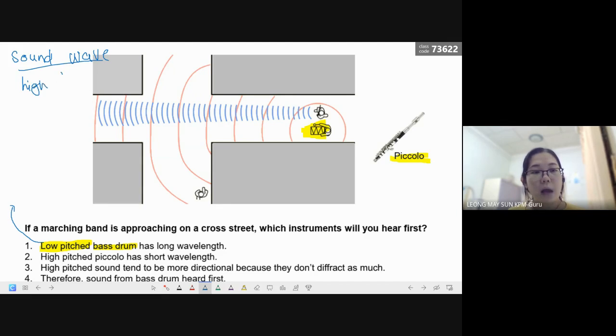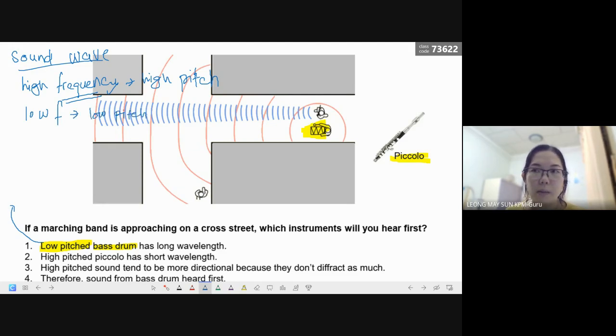All right, when we have high frequency, it actually corresponds to high pitch. High frequency will correspond to high pitch. Some people, when they talk, the sound is very sharp, very high. You will always say, why is the pitch so high? It's because the frequency of the person's sound wave is quite high. So low frequency will correspond to low pitch.